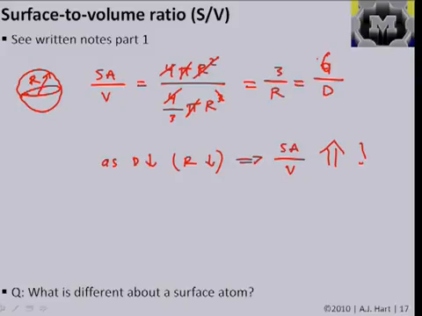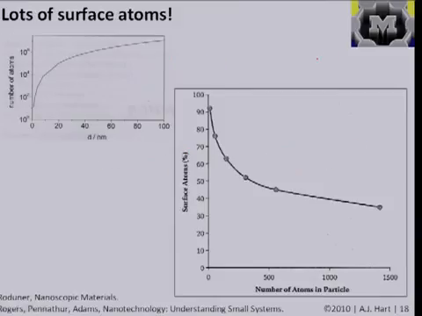And those are both good answers, and they relate practically to how nanostructures can behave differently with their environment, how their properties can change with size, and also how it might be more challenging to process them, because you have to deal with all these surface atoms, the fact that they stick to each other, and so on and so forth. So recall from the slides last time that the number of atoms